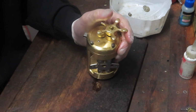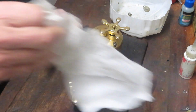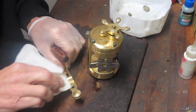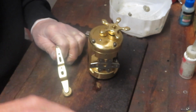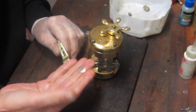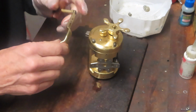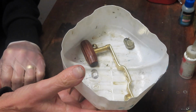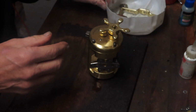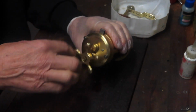That solves two things at once. It solves the removal of the handle, and also helps you back off the star adjuster, which will come next. You may have noticed there's a little tension spring that goes between the handle and that star adjuster that pushed off. We're going to take care of that. We're going to put all of our pieces and parts into a parts tray. I use the bottom of a milk container for that. And I'm going to continue by removing this